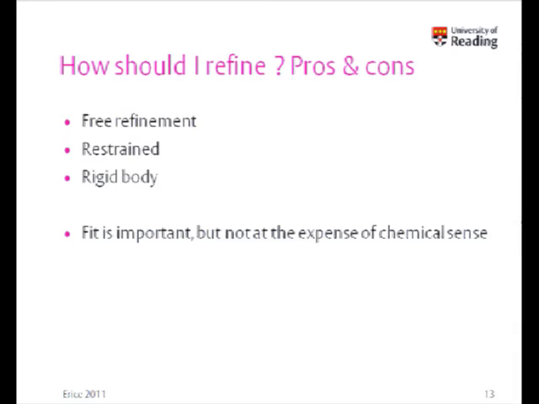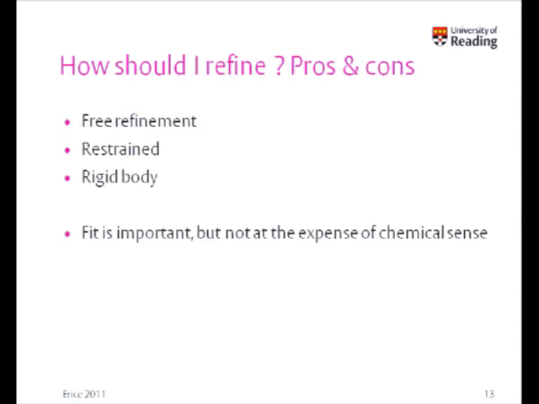If you ask yourself the question, how should I finally refine my structure? There are various ways that you can do that. In Rietveld, you can do it as a free refinement, i.e. just as you would in single crystal, let the atoms go where they want to, driven by the least squares. You could say, well, I don't think I've got good enough data to do that, so I'll allow the least squares to drive it, but I will also apply a set of restraints based on some criteria, generally speaking chemical sense, which will balance the drive to minimize the RWP.